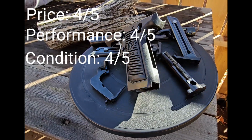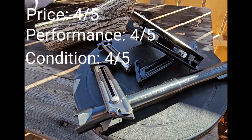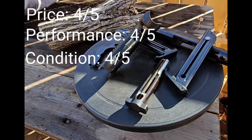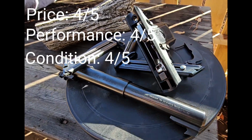Well, that's a bunch of 4s across the board. What a great score for a great gun. Definitely pick one of these up for your collection if you haven't already. While it might not be a practical carry weapon, it's great to practice with and it's fun to shoot at the range. Ruger lives up to their